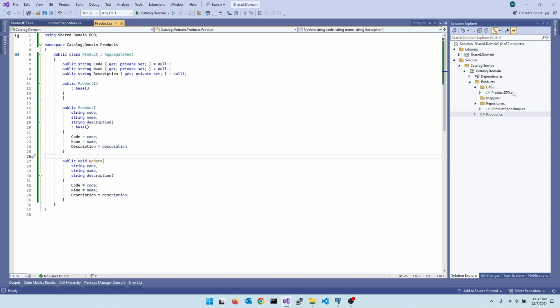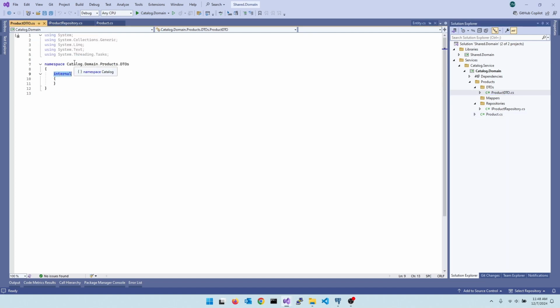So our product DTO is going to represent when we're taking a product, which is a business object, and looking to transfer that back to the caller. Whenever we're crossing that boundary of our internal domain world into, hey, here's a response object that we're sending back to a caller, we want to convert from our business objects to our DTOs. So the typical thing I usually do is just start by copying and pasting. We're going to come over here. For now we just want the same